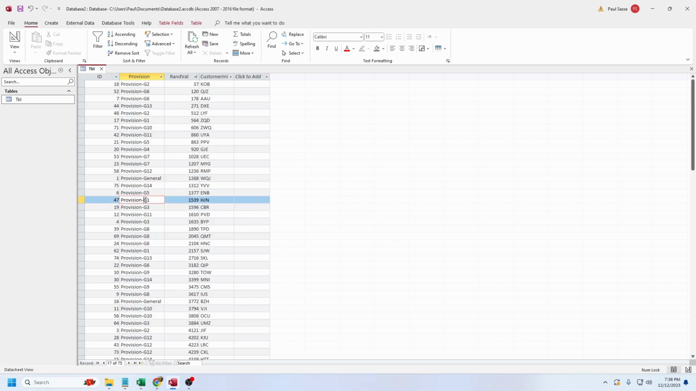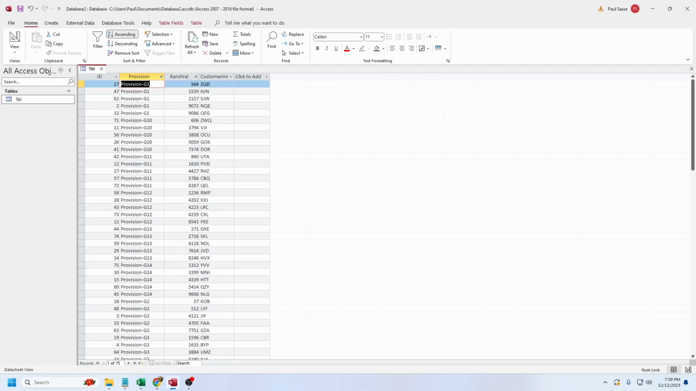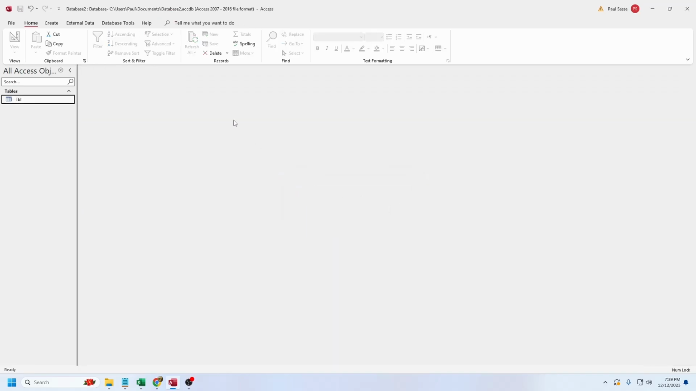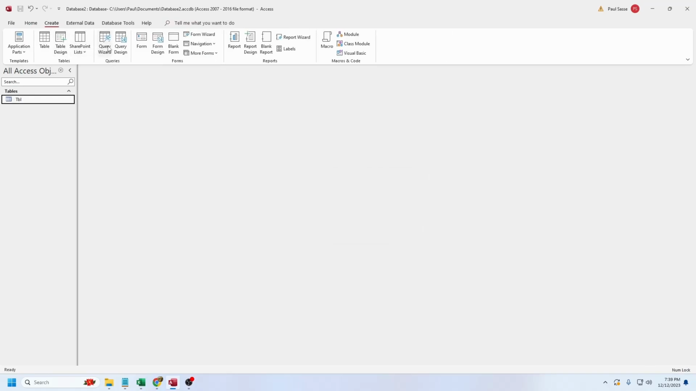If I just sort this as it is, it's going to sort alphabetically. So G1 and G10 is together instead of G2 being next, which is not how I want to sort this. So the way I would do this is I would use a reference table, and let me show you what I mean by that. I'm going to use a query,